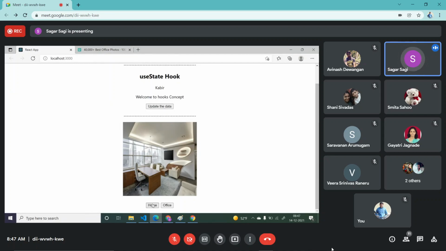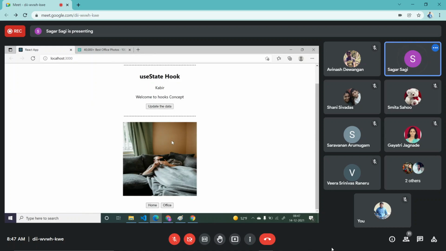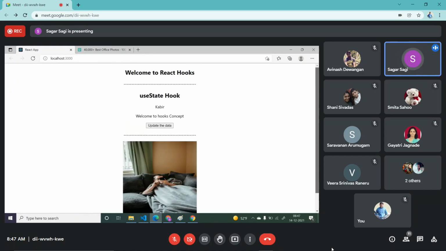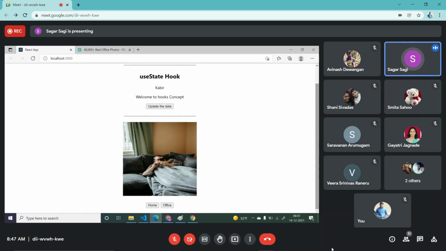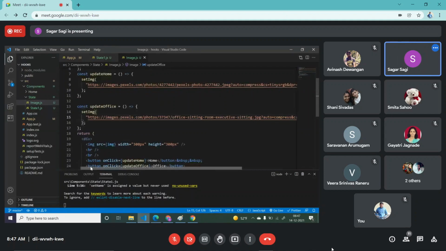Your UI you can change depending upon the data. So whenever you want to change your UI, you want to make your UI dynamic, then that UI data should come from the state. That one point we have to remember. Whenever you created a certain UI, and if you want to change the UI data depending upon some user's action, then in that UI the data should come from the state, so that if you update your state, then your UI data will get updated. Now this is how you can maintain the state in your functional component using useState hook. Any doubts up to here?